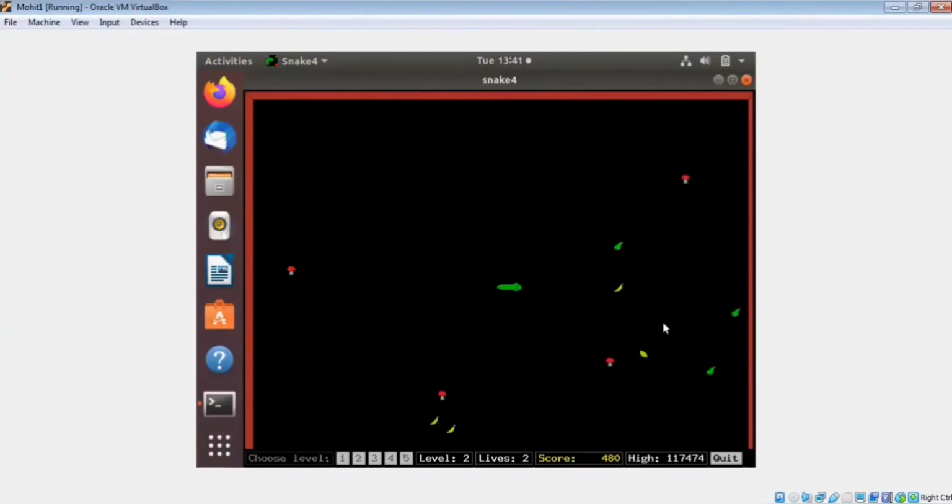Now I'm going to uninstall this game. For that you need to type a command like sudo apt remove snake.